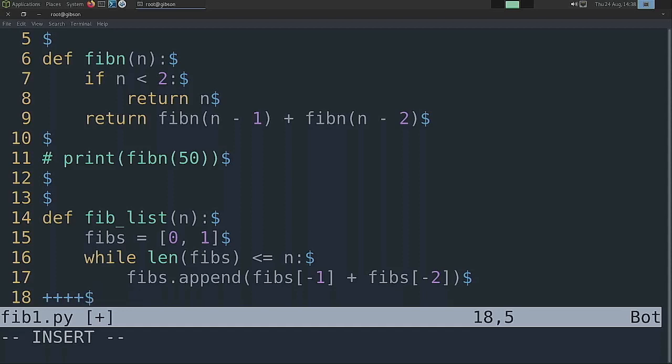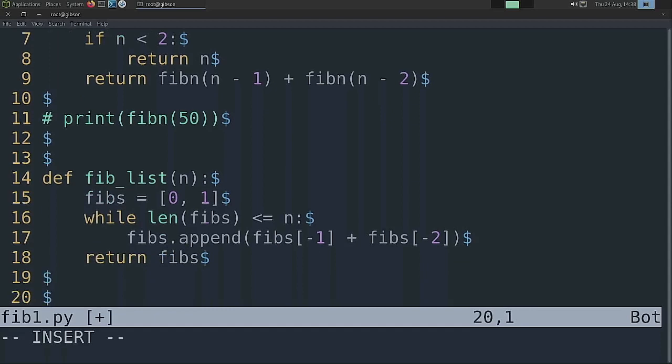And then at the end we could just return fibs for now. Okay, that's just going to give us a list. It's not going to be like Fibonacci sequence at n, but that's a good start. So we'll now print fib list,